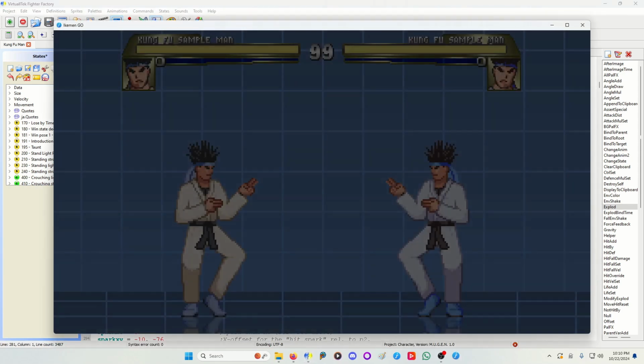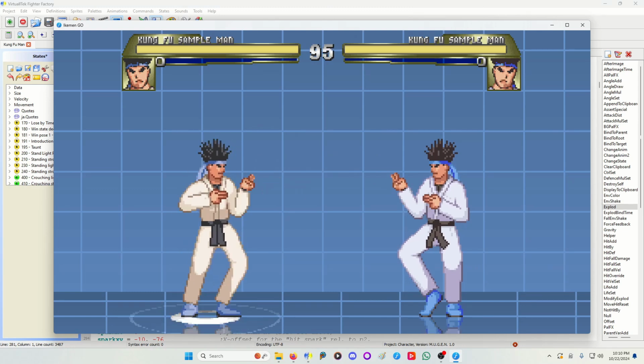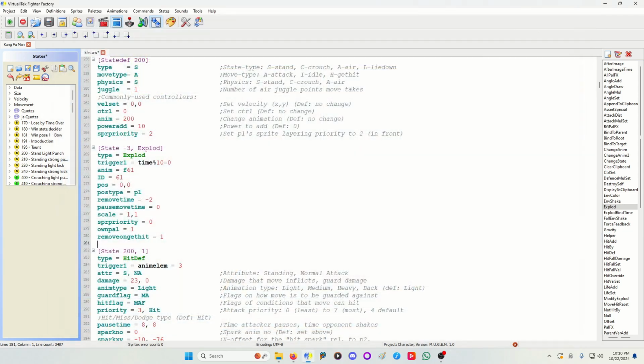So here we go. Every 10 ticks it's going to happen. It's actually more than 5. Maybe I'm not seeing it right, but anyways, you get the idea. So now if I want to limit this, I want it to do the same thing, but I want to limit it. I can use the